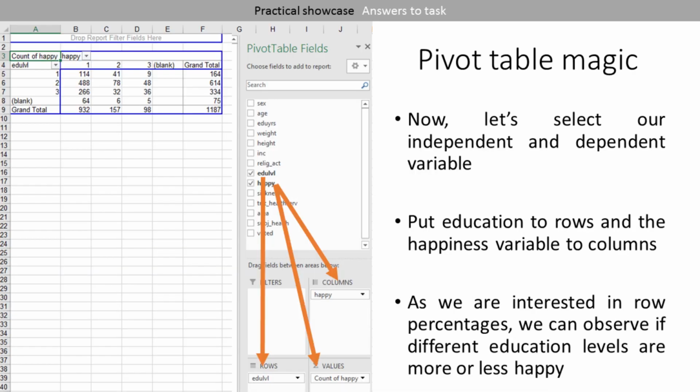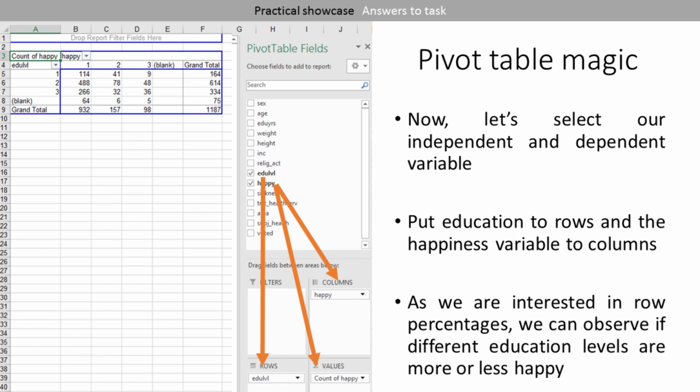Now let's select our independent and dependent variables, which were the educational level and happiness. So we put the educational level on rows as the independent variable, and the dependent variable we put on the columns. And for the values we drop the dependent variable also. And let's just leave it as count of happy.